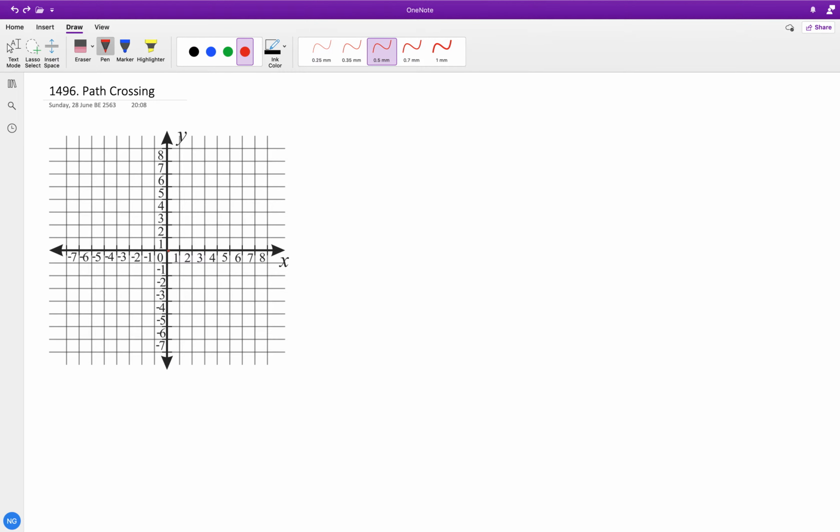What we can do is start the path at x, y coordinate 0, 0, and whenever we move in the north direction, we will increment y.